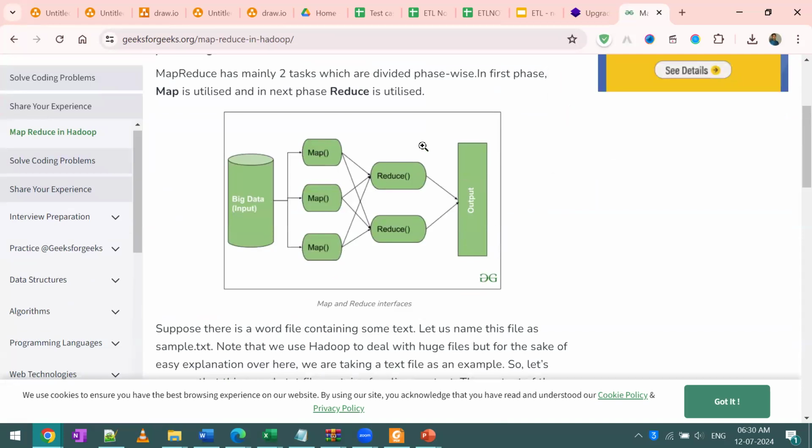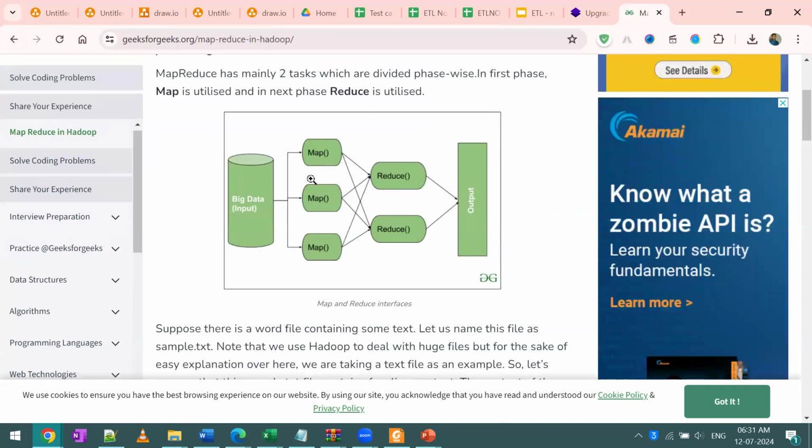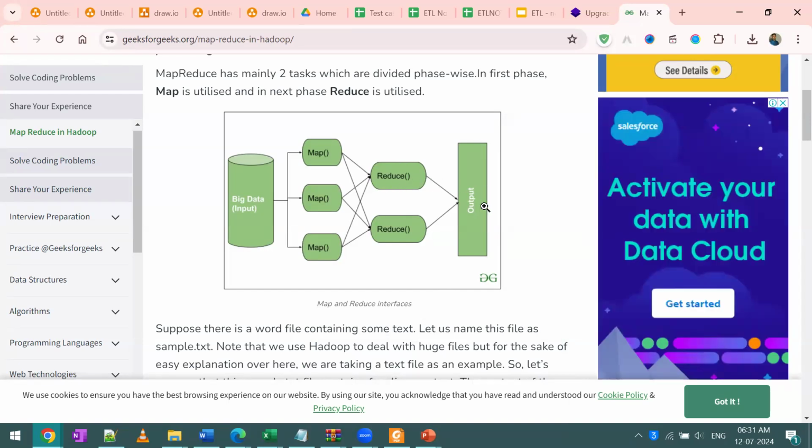So this MapReduce, whatever data we are getting from big data, it will do one functionality. It will share between the map and the reduce, and it will try to divide and split the multiple data. So the entire Hadoop ecosystem works in chunks of data only. Whatever data you give, it will share among the components and work. And finally, this MapReduce will